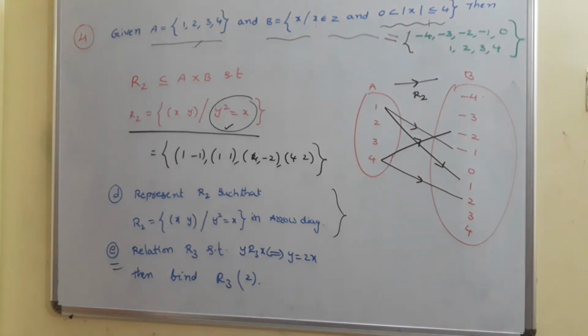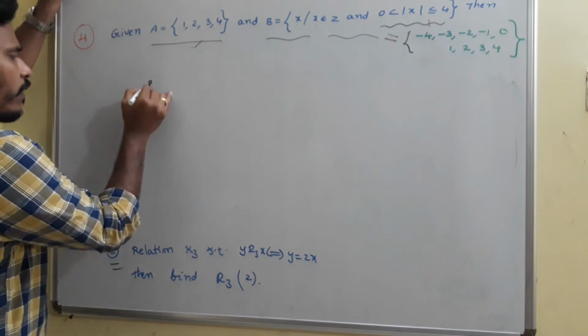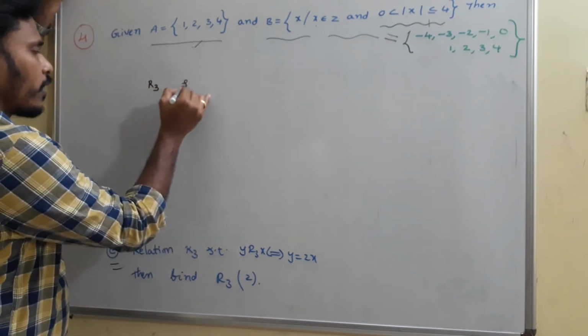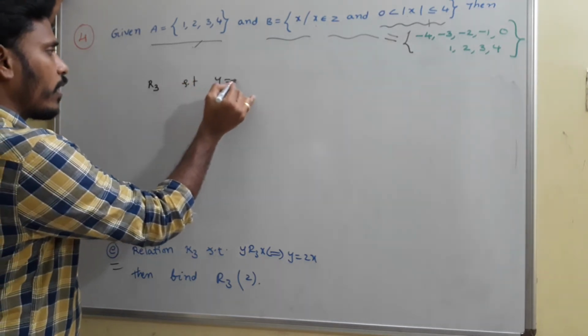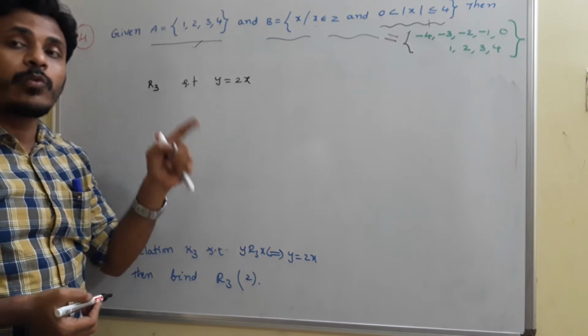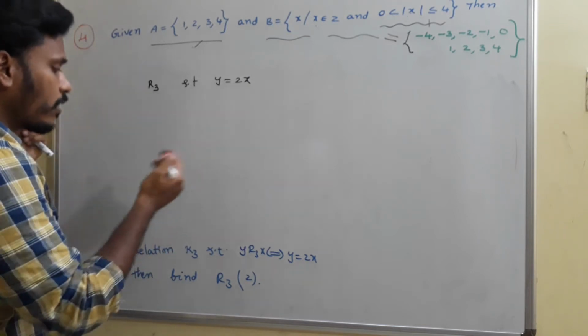What it is giving, what is the rule of the relation, and what R3 is. Another, there are many relations from A to B. Here we are just thinking about a few relations. R3 is a relation such that the rule of R3 is given that y is equals to 2x. That in the sense, double of x is y. So we need to collect all those type of elements. So y is equals to 2x.